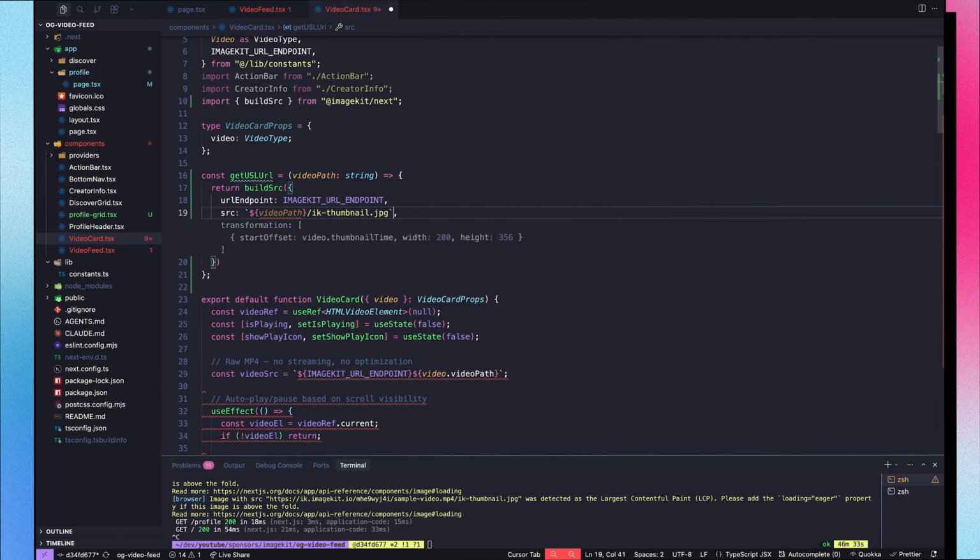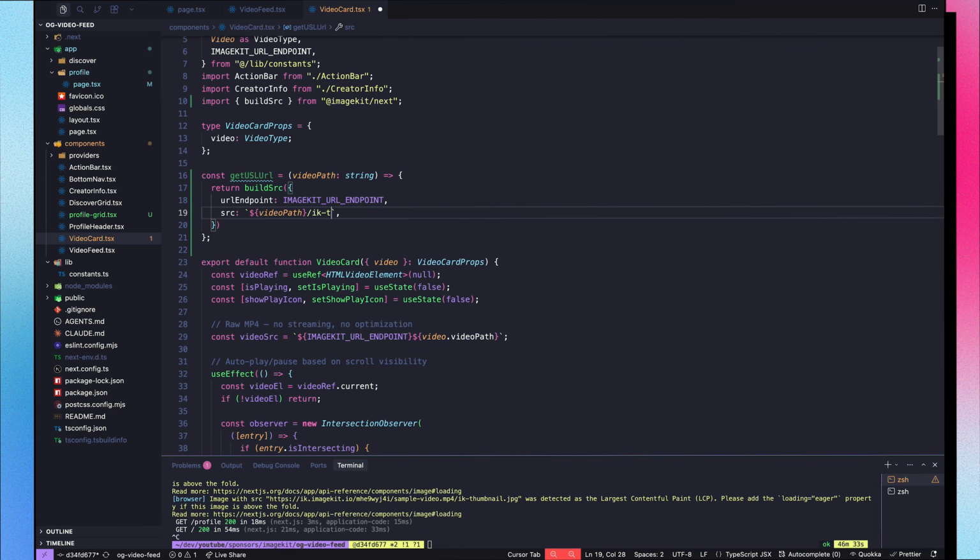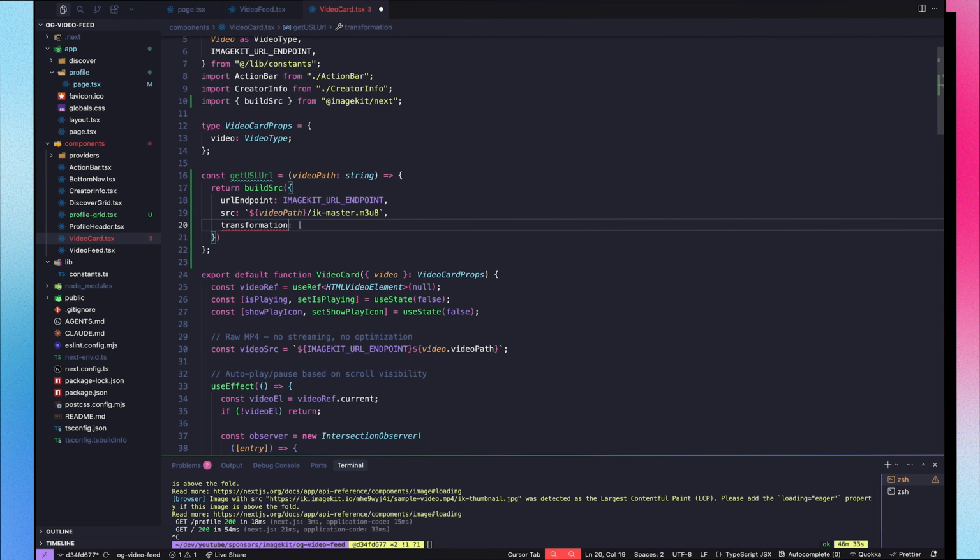Now remember how we added a thumbnail initially? We just need to pass in an IK master.m3u8. This is exactly what I showed you earlier. And also pass in the transformation that we're looking for as well. So that would include different streaming resolutions as well. So we are going to need 240. Again, whatever streaming resolutions you are looking for, ImageKit is going to pass that. So we can need all of these things as well. All right, now